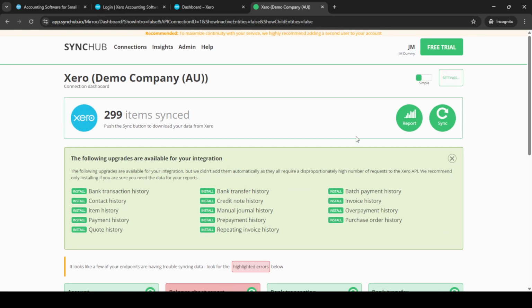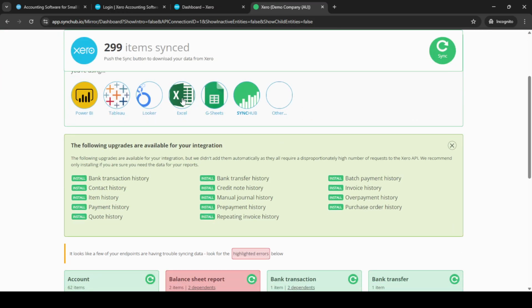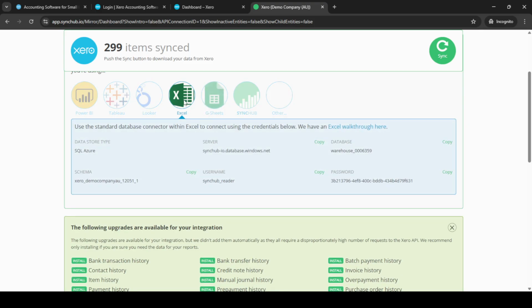Once in Sync Hub, your next move is to click on your Xero connection. This step helps you access the synchronization or reporting options. When you're connected, you can utilize Excel's data querying features to choose the specific data you wish to report on. Remember, understanding the data you need and how to efficiently select it in Excel can save you a lot of time and effort. If you're looking for an alternative or simply want to try a different method, the next steps